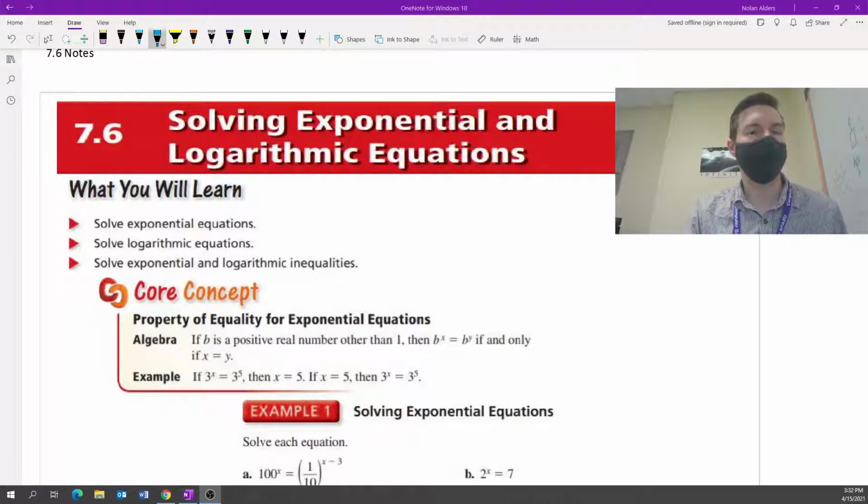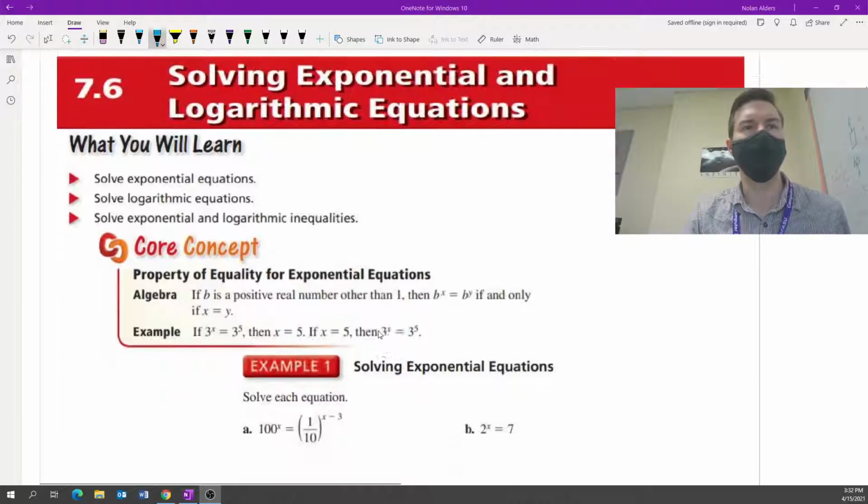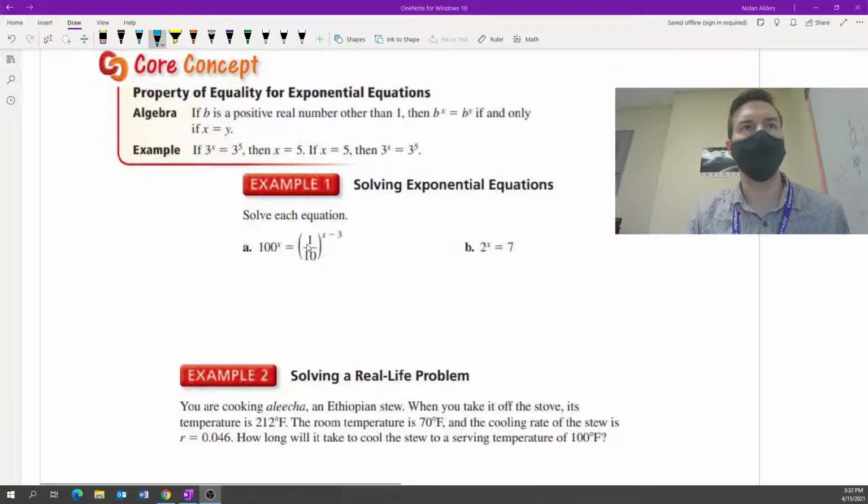Alright, what's up everyone? In this video we're going to be talking about solving exponential and logarithmic equations. So I'm just going to give you some examples and show you some tricks for how we can simplify these equations to solve them out. So with this first equation here,